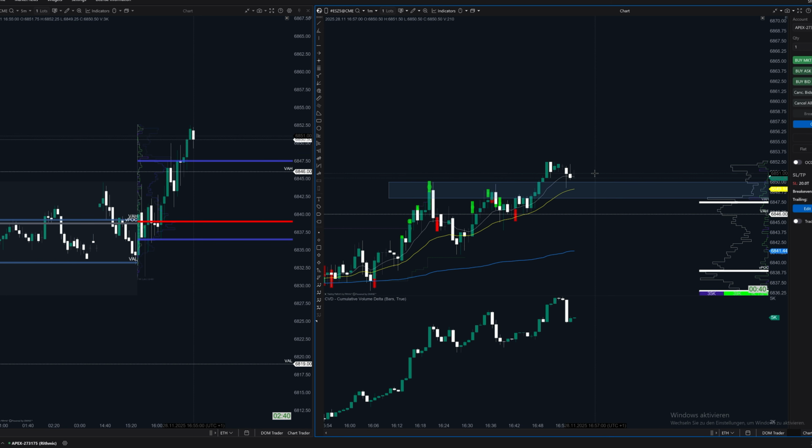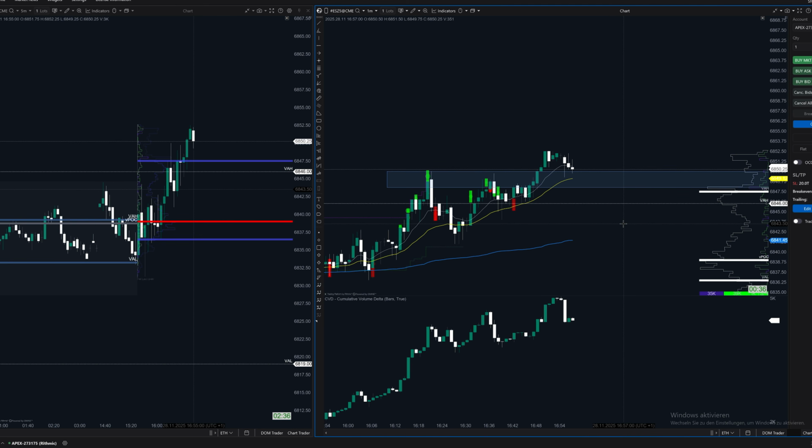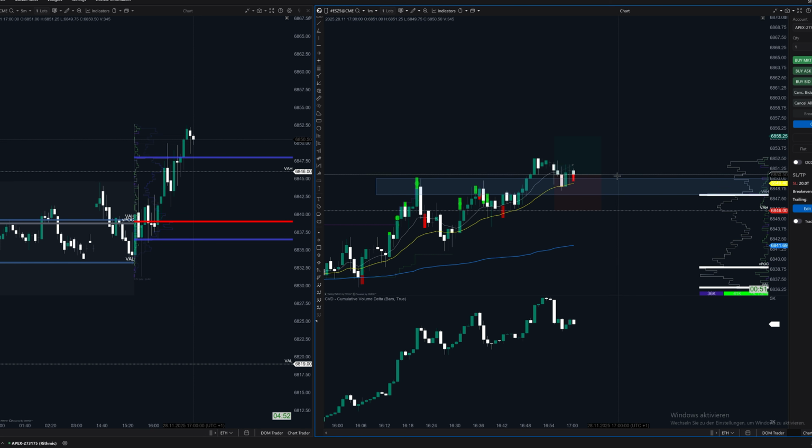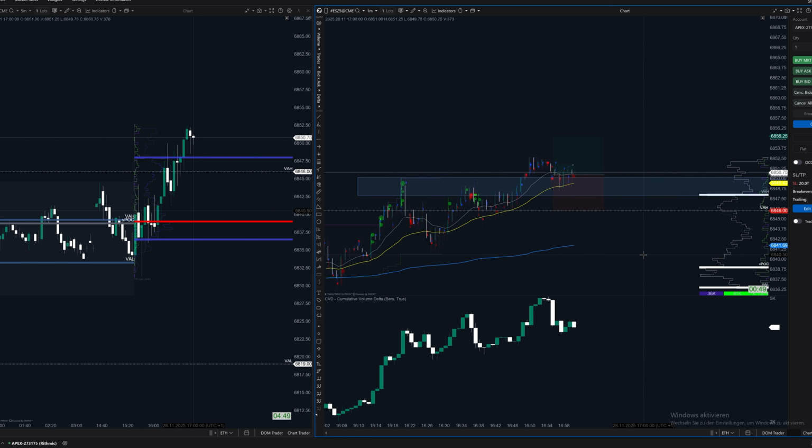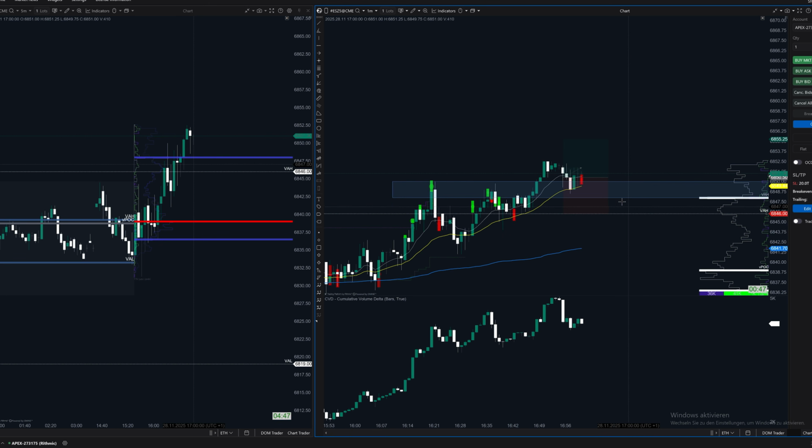So let's see if we can get a push to the upward side, or we are just breaking to the downward side. So you can now see that we are getting some selling pressure right here. So if the market gets no follow through right here from the sellers, then that's a good point for us. But if the market gets a follow through, then I'm curious to take off this position, because the sellers are stronger than the buyers right here. And nobody wants to buy this level, all right? But if we get no follow through right here from the sellers, then I am assuming we are pushing to